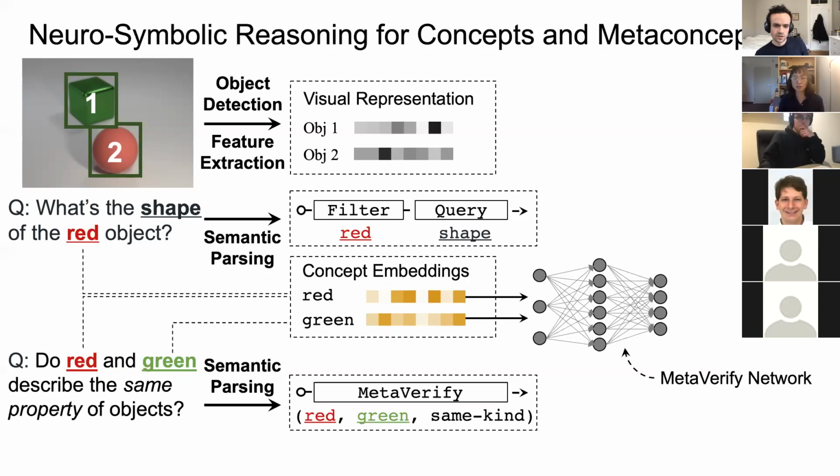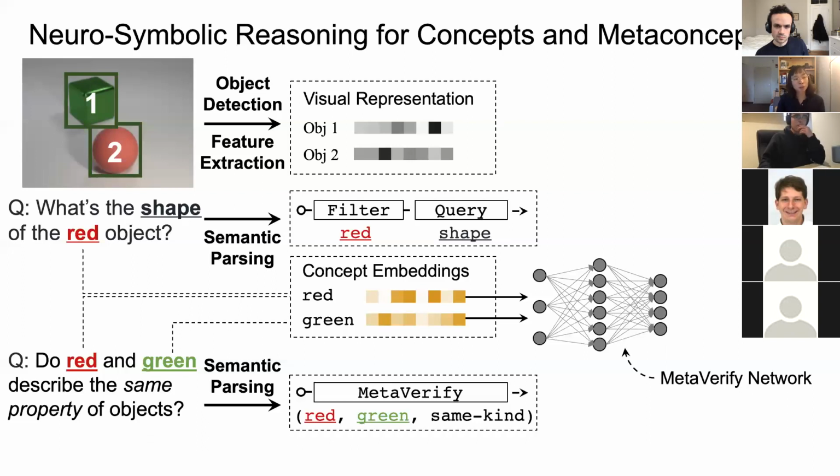So we do have the supervision during training for this meta verified network to classify the relationship between different concepts. I'm wondering if you have any thoughts on whether it would be possible to learn this without this supervision, by basically learning similarities between the programs that you need to infer or something along these lines. Oh yeah, that's another great question. In our paper we do not really explore this direction, but my thought on this would be